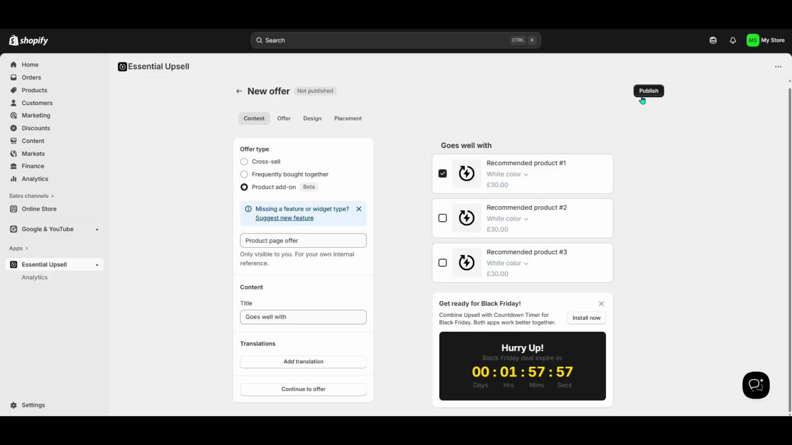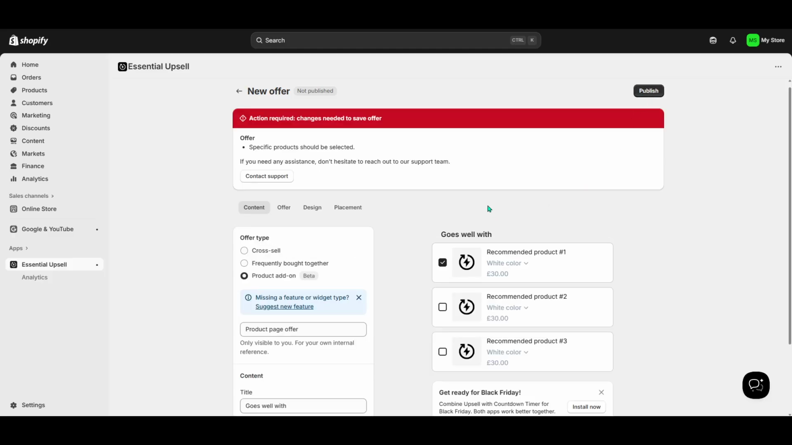And there you have it. You've successfully added an engaging upsell and banner to your Shopify store, which should help enhance the customer experience and